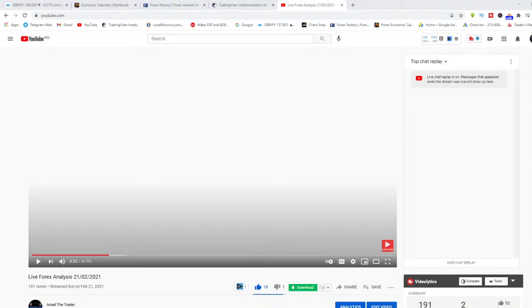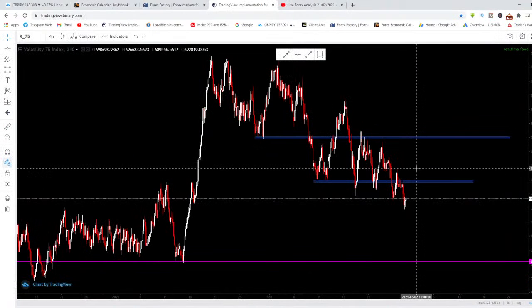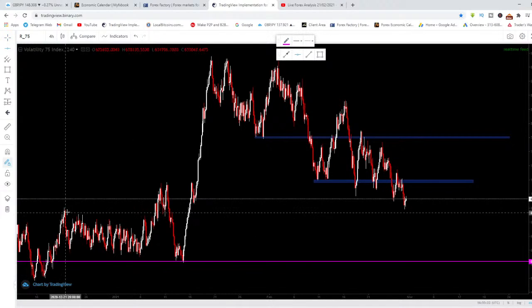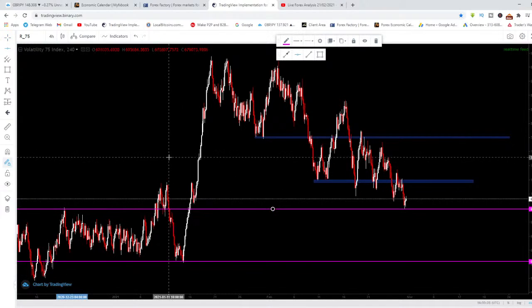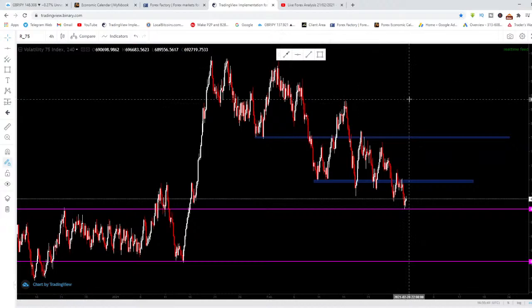All right, guys, let's continue with today's analysis. So right now, this is volatility 75, and what I'm expecting on this V75 is that it will continue to go back down to the downside. But before that, you see I marked out this level just now, based on the fact that I saw something around that area.